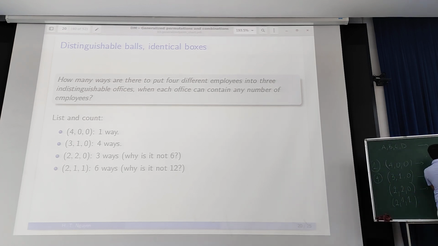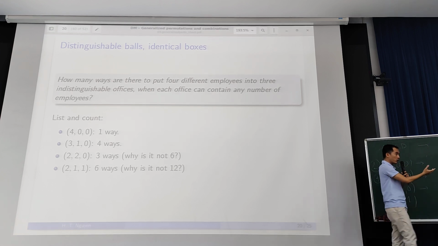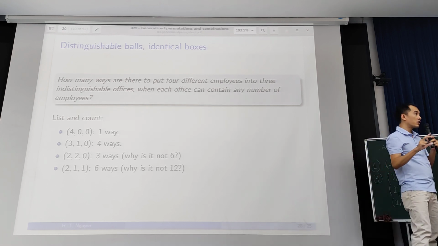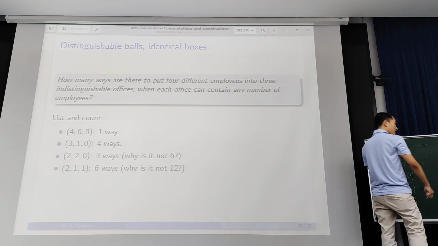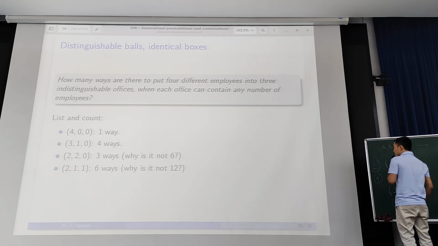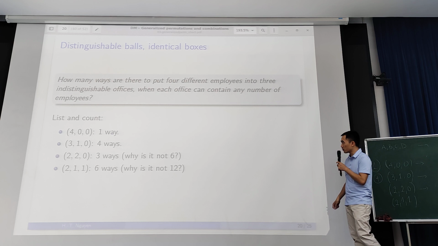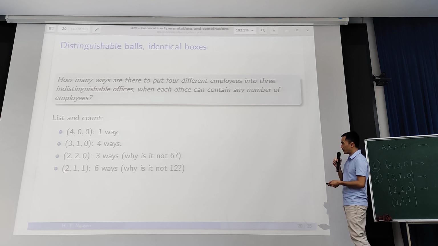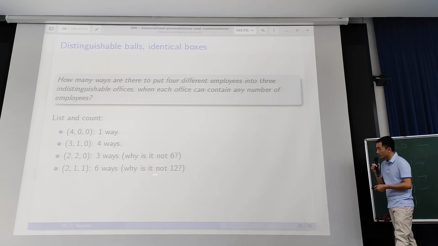Because the 2 offices are indistinguishable, you can swap them. So you have to divide 6 by 2 because by swapping the 2 offices, you double the number of possibilities. Okay. So in fact, it is not 6, but 6 divided by 2. And in the same way, for the final case,